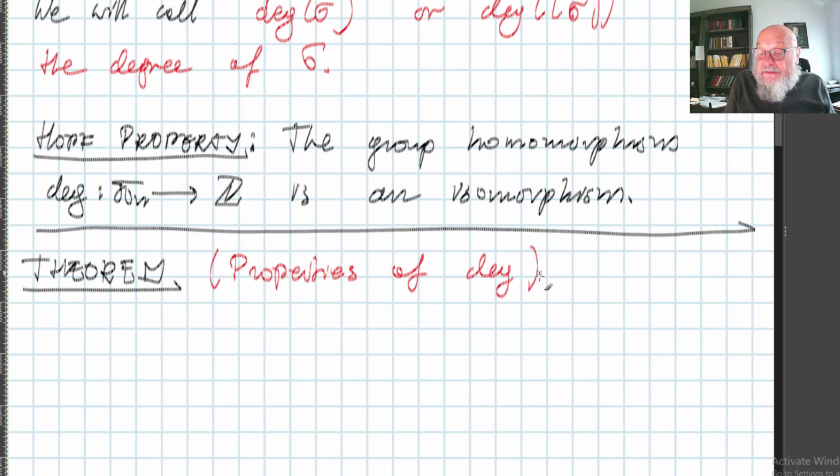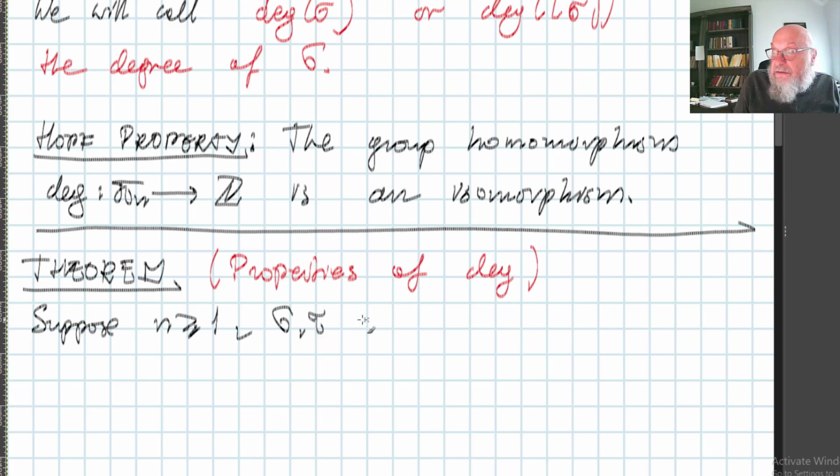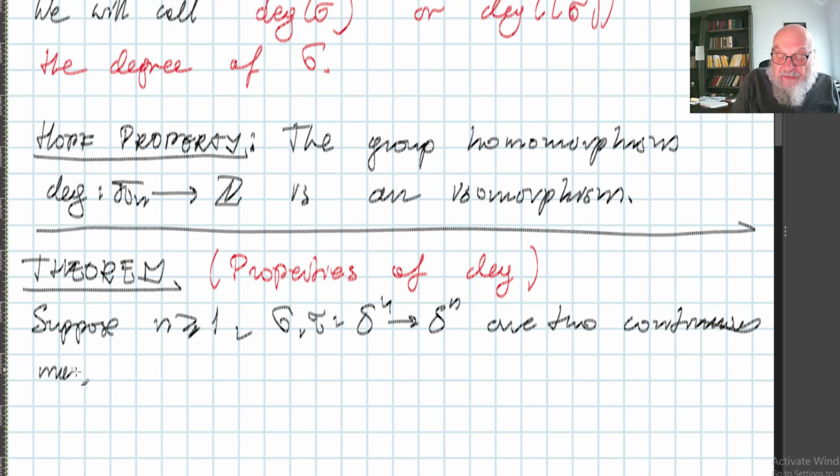So start again. Suppose n is larger or equal to 1, sigma and tau from Sn to Sn are two continuous maps, then we have